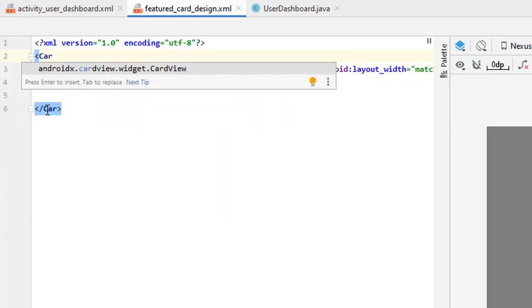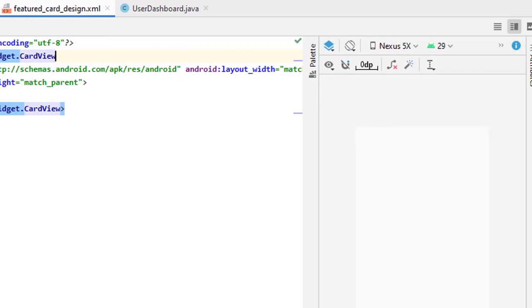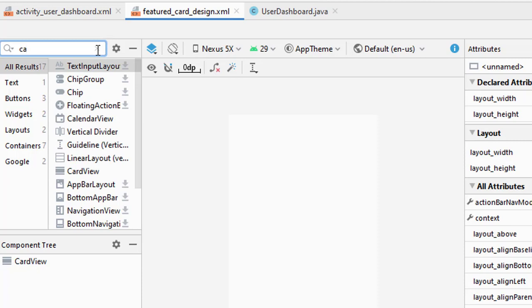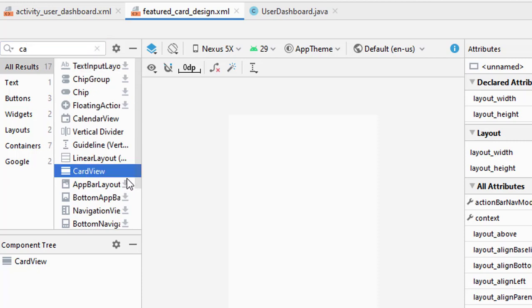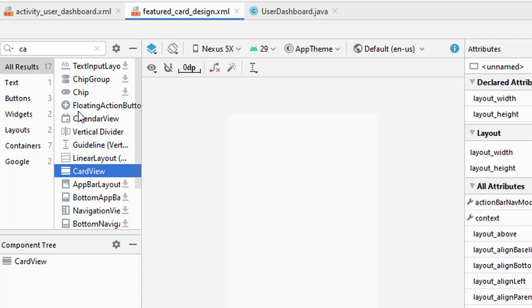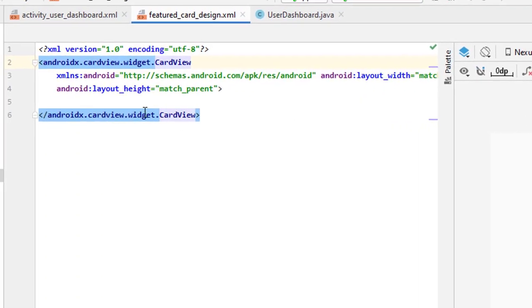to the card view. If in case this card view is not appearing on your screen, go to the design section by clicking here, and in here search for card view like we have here. But if this little downloadable icon is at the front of this, make sure your internet connection is on. Then you have to click on this icon and click OK to add its dependencies in the project. That's it. You don't have to do anything else. Okay, go back to the split section